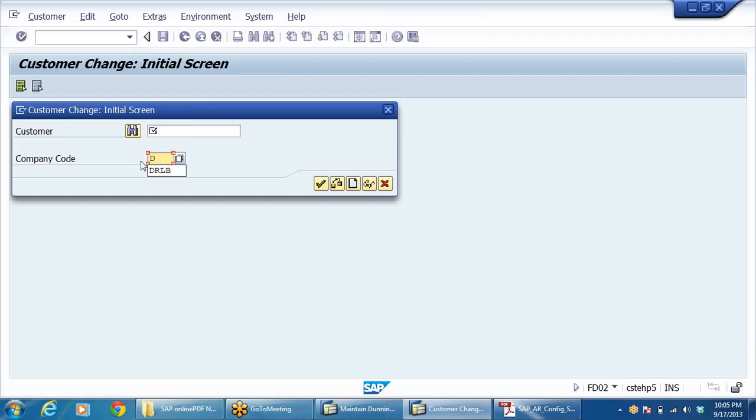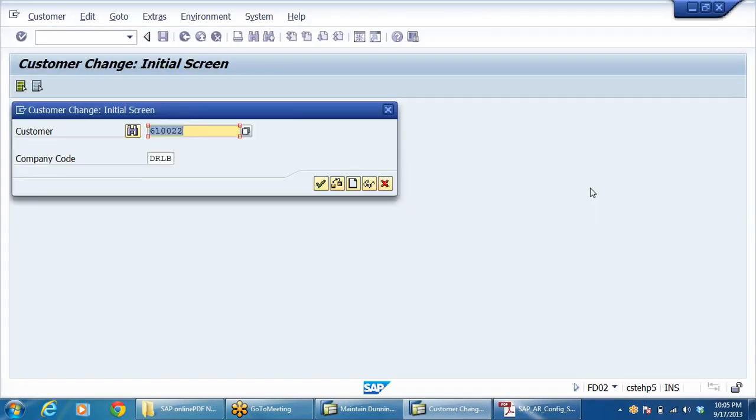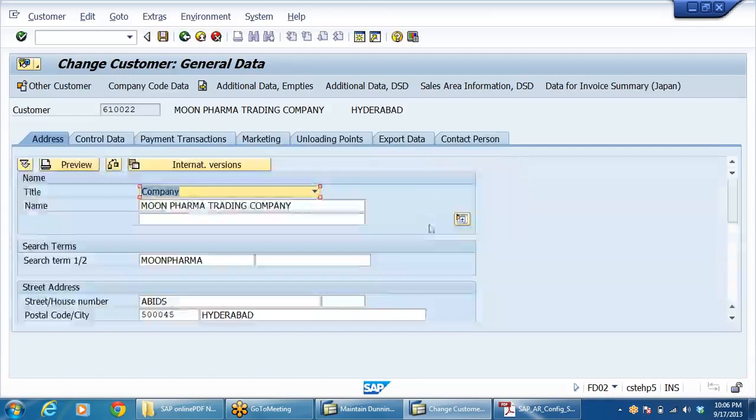Right, company code DRLB, 22. The system seems to be a bit slow. Go to company code data.